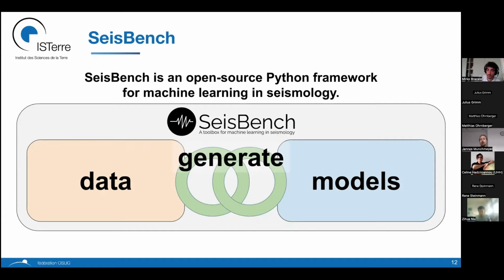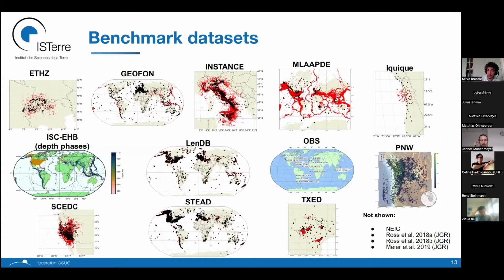What's important is you can use any of these parts separately. You can just use the data, or you can use the models without training them yourself, because SeisBench has them trained. At the moment, we have 16 data sets in there. So they're the 12 that are plotted. There are 4 that we don't actually have location information for, and so I can't plot them. But there's quite a diversity.